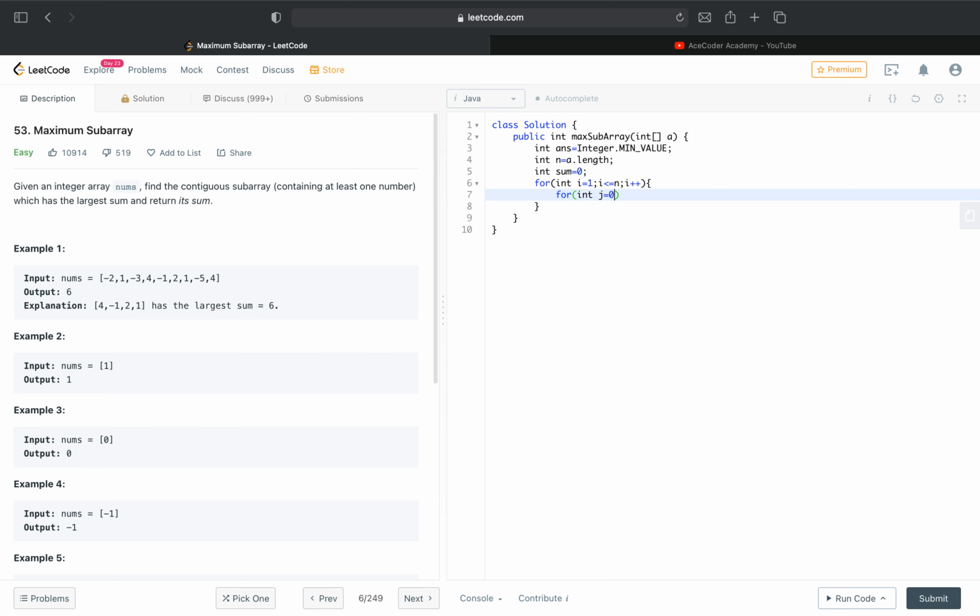For int j equal to 0 and j up till n. So this is the for loop where we are iterating all the elements. So here comes a condition, if j is less than i, what we will be doing is sum plus the element.